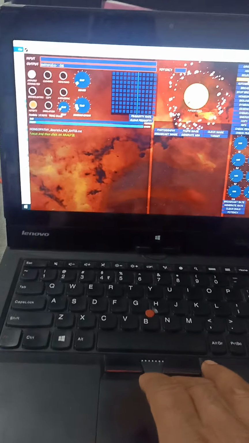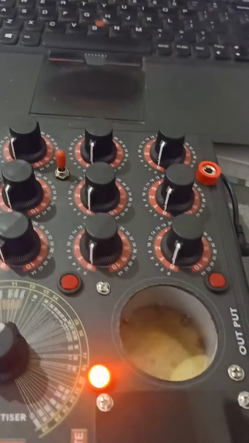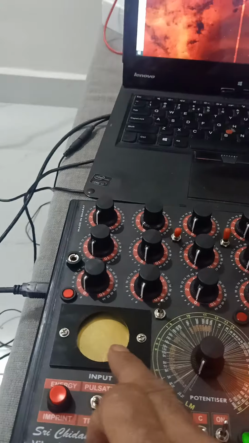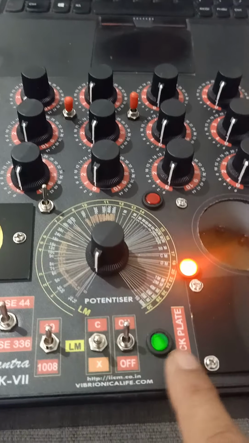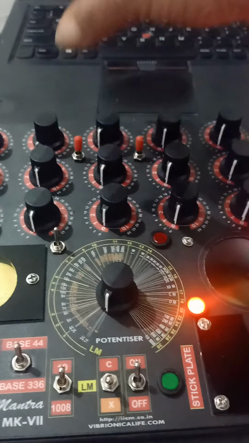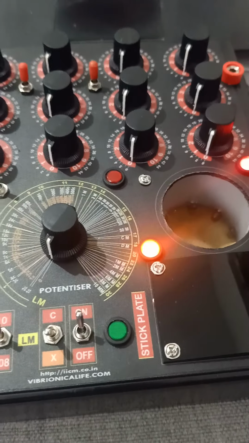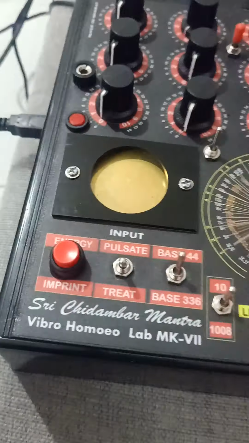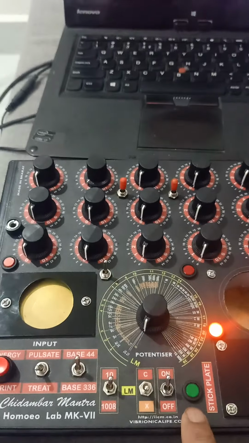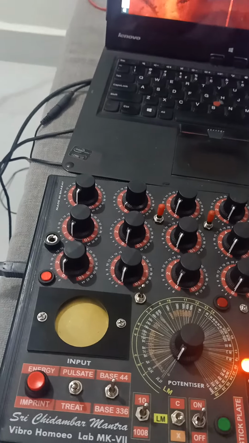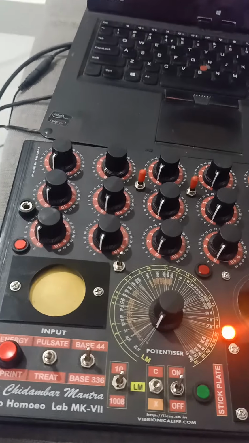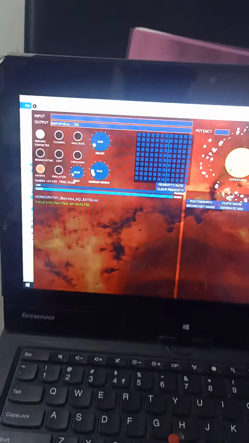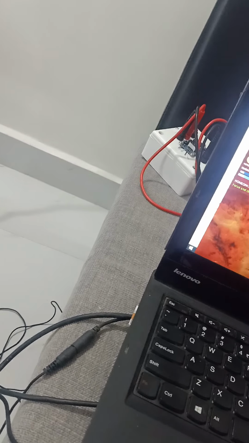So now I selected the Boericke Materia Medica, and we can keep the sample here in the well. This is working now in the manual mode. I just switch into digital mode. Now the light will come on near the output and this light goes off. That means it's connected to the computer. Now we can analyze by just typing a name, any random name.